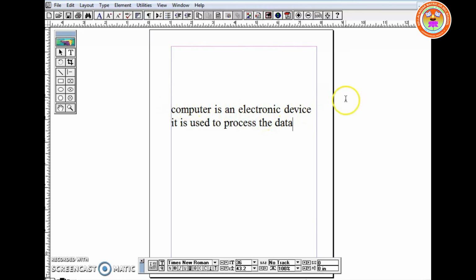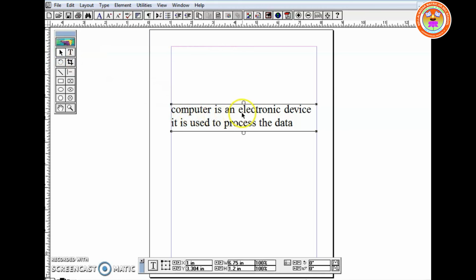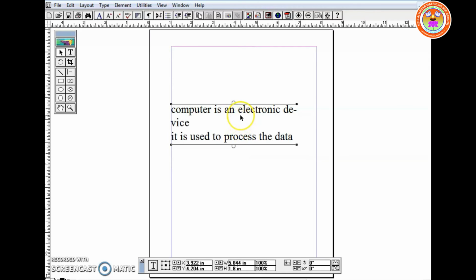Now the boundaries of the text block are not visible. How will you make them visible? By clicking the pointer inside the text. Now two handles are available. These handles are called window shades. On either side of the window shade or handle, you have a dark square. This is used to resize the block. Now I have reduced the text block, so a red triangle appears. If I click here and drag, the remaining text will appear. This is the way you have to resize the block.